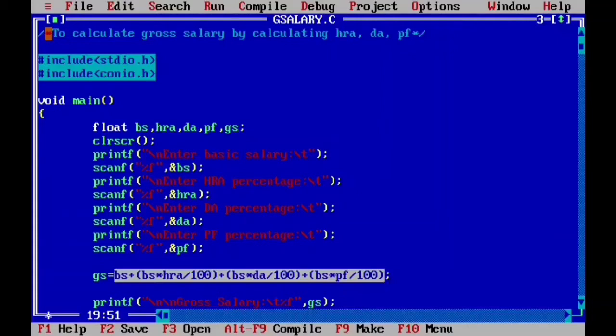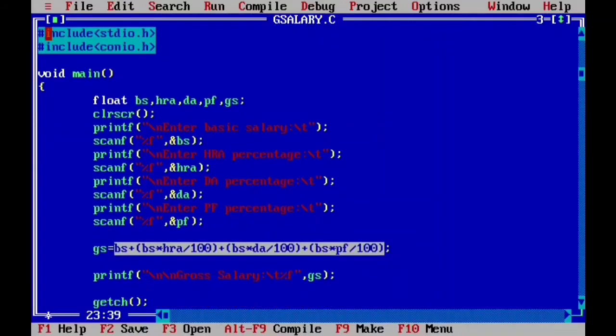Now in this expression brackets have highest priority, so brackets will be solved first, then addition sign will be solved, then at last assignment will be executing. Right, now after calculating everything, the answer will be assigned to gross salary, that is GS in this case, right, and then at the last we are printing the result.